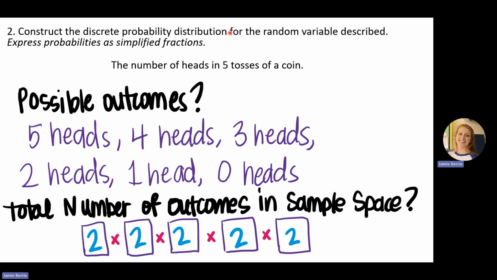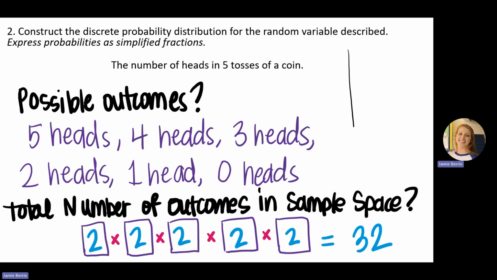2 times 2 is 4, times 2 is 8, times 2 is 16, times 2 is 32. So 32 outcomes in that sample space. All right, so now we've got all of our possible outcomes. That'll help us make, if you remember from our